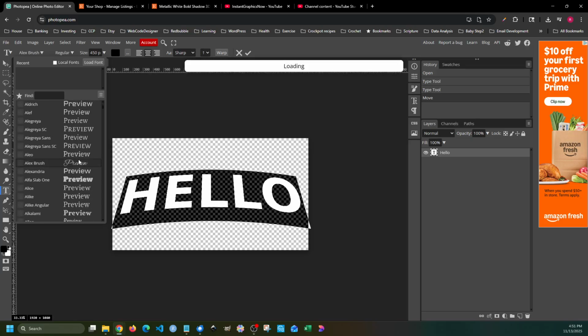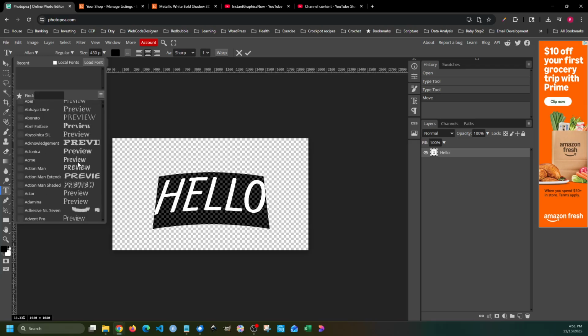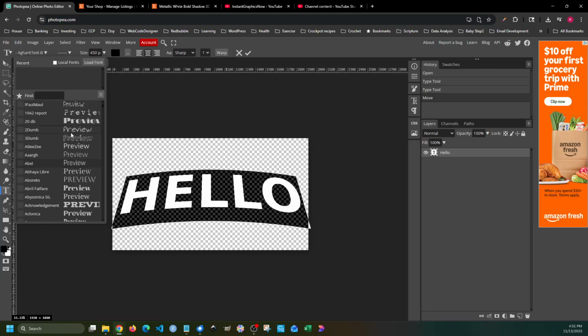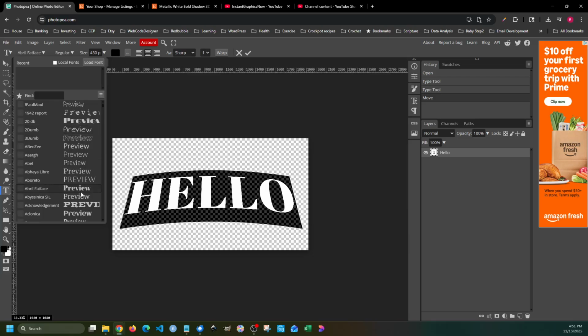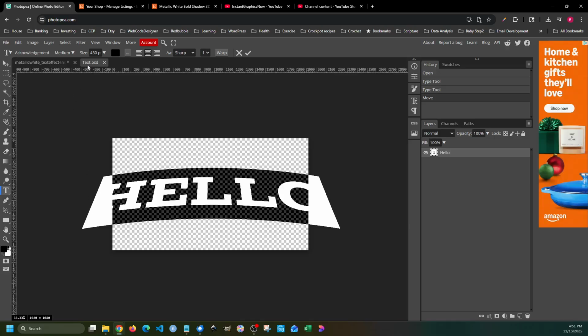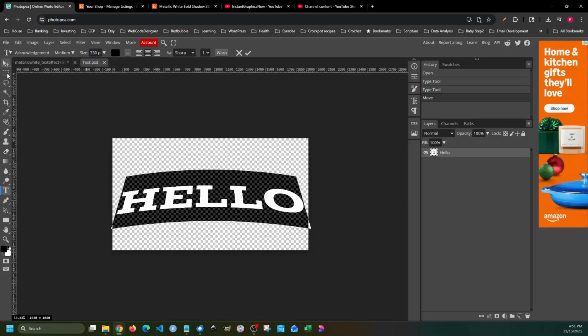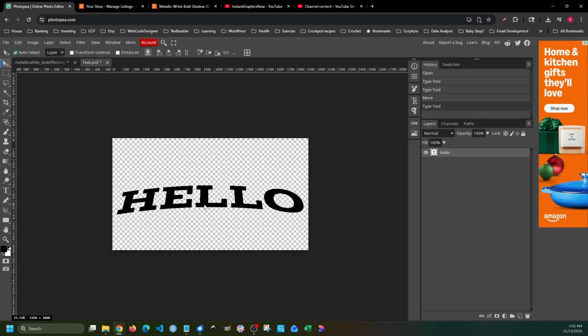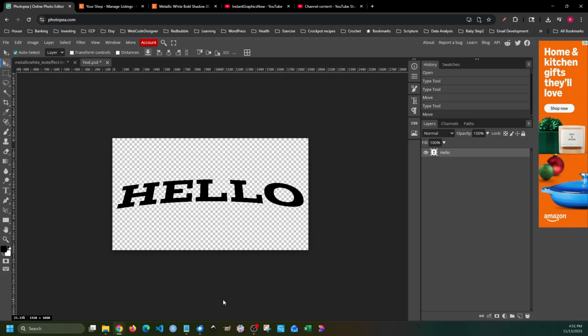So let's see. I'm going to try something with a little bit of body to it. Let's try this acknowledgement font. And I'm going to make this smaller as well. So let's see if we can just make it 350 in size. That seems to fit in there. And I'm going to go ahead and select this and move it until I center it, and we'll save it